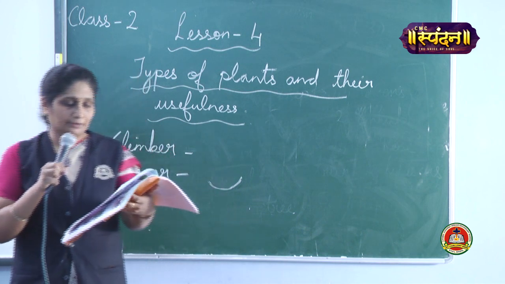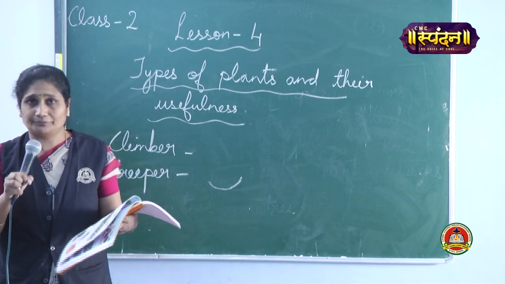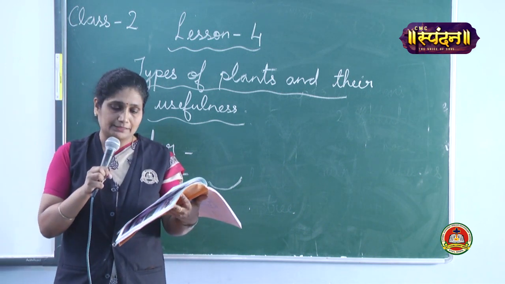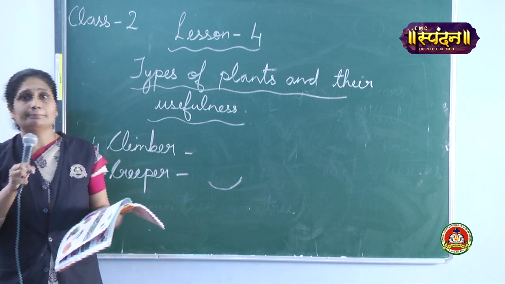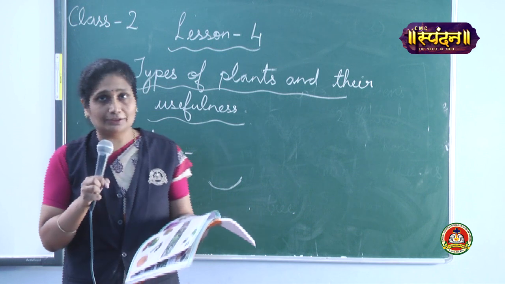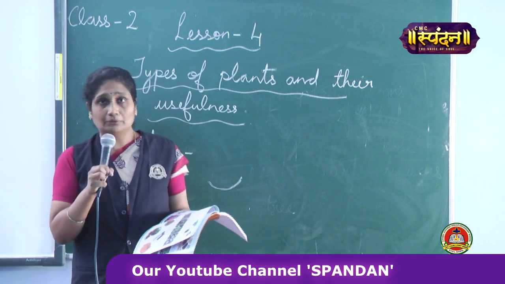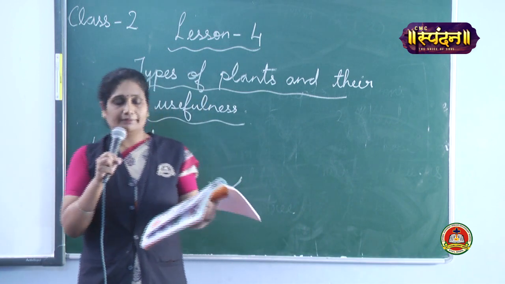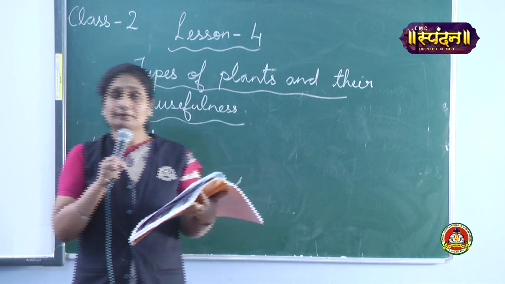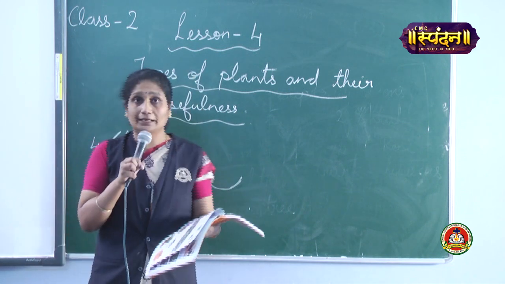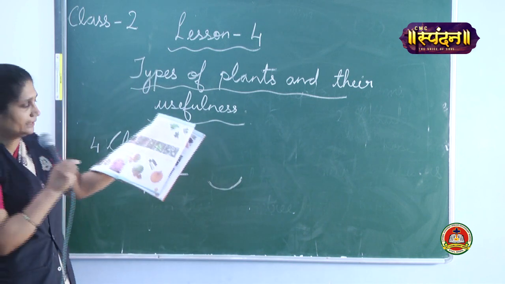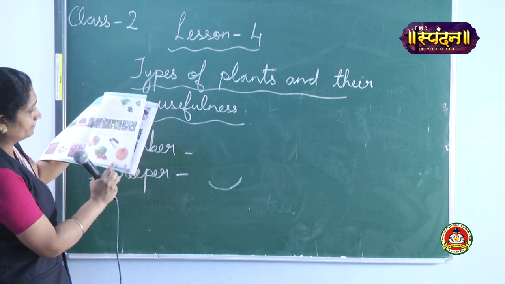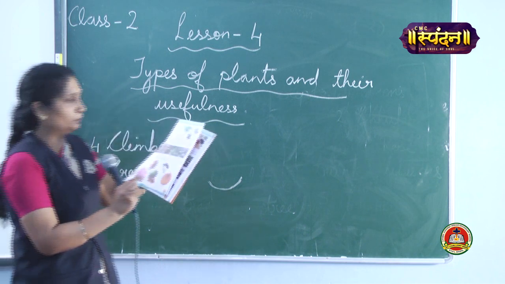That are called climbers. Now plants which creep on the ground, and they grow along the ground, are called creepers. Now what are the examples of creepers? Watermelon, very good. Pumpkin means kaddu. Watermelon means melon, tarbooj. Lal or pila wala, dono. And cucumber, kakdi, pumpkin, etc. are creepers. You can see the pictures of these. This is melon and this is cucumber, pumpkin and watermelon, tarbooj.